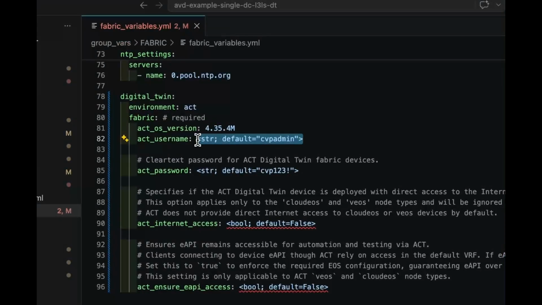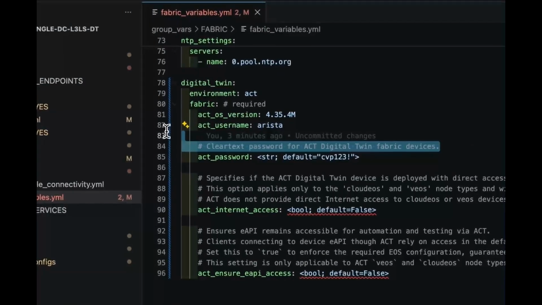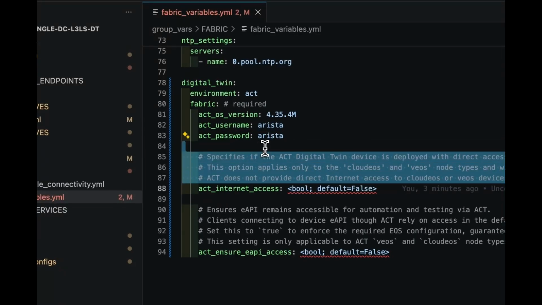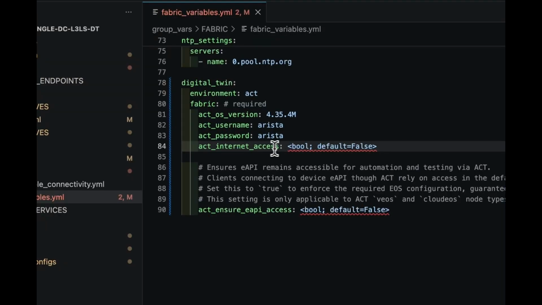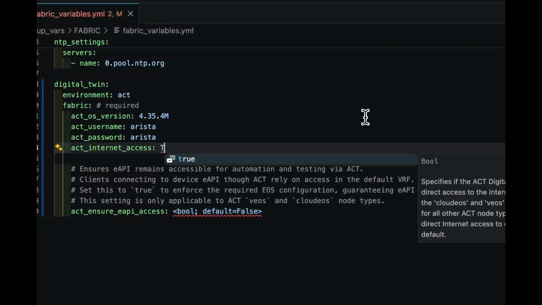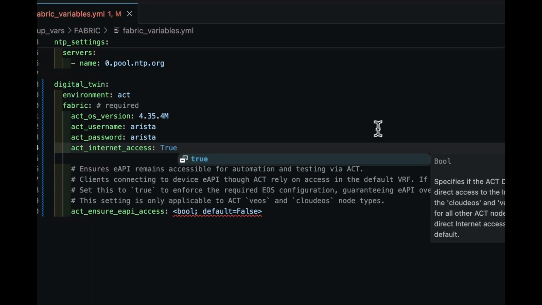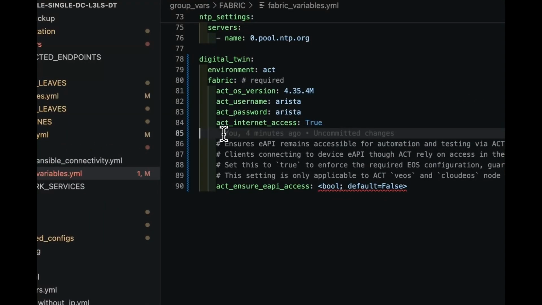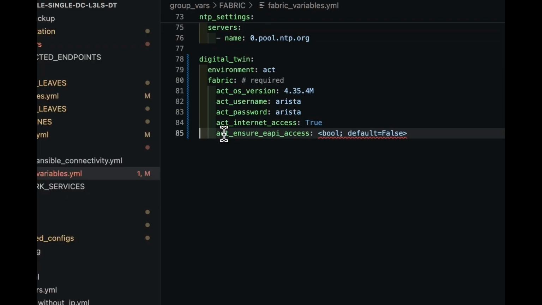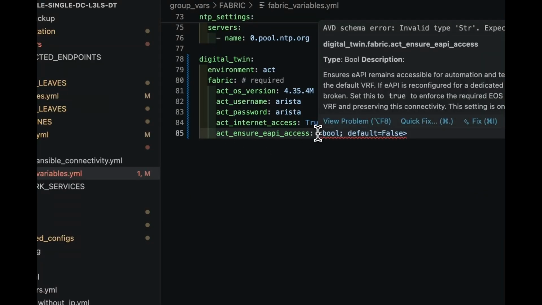Within our example, the username is Arista, so I want to use that, and the password is Arista, and I'll use that. The reason I'm doing that is because I will want to log in a little later through the API. You can choose to enable or disable internet. By default, it's false. I'm going to make it true, just so we could use things like external DNS if we wanted to. If we wanted to set up to CVAAS or something on the internet,